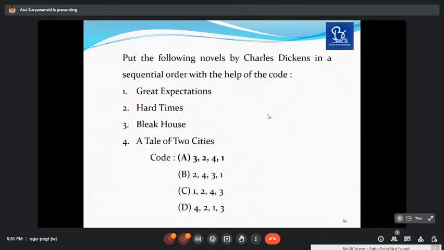Put the following novels of Charles Dickens in sequential order with the help of the code: Great Expectations, Hard Times, Bleak House, and A Tale of Two Cities. So the exact right option is the first option A, 3, 2, 4, 1. 3 means Bleak House, then 2 Hard Times, then 4 A Tale of Two Cities, and then the first, Great